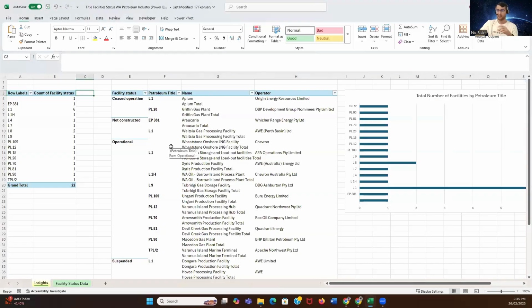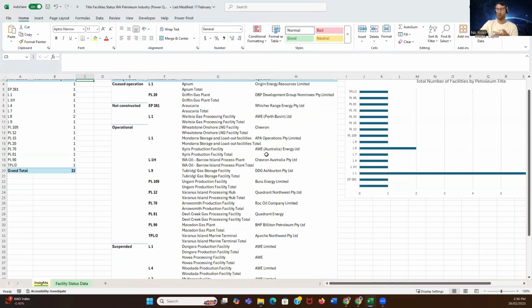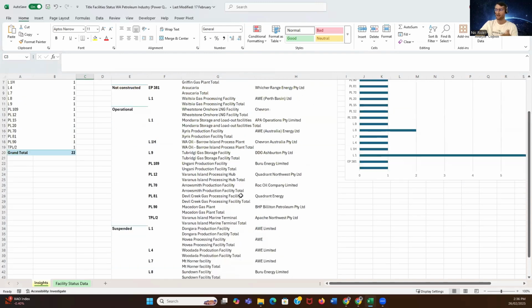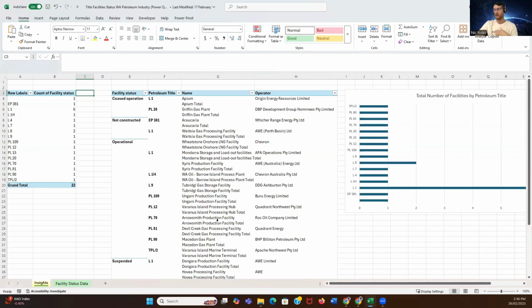So this is the facility status for each lease here. The petroleum tidal is the lease. We can go through here, have a bit of a look, and it tells us the name of the site, who the operator is for the site, and what the status is. So this gives you another competitive advantage because if you're providing, say, electric trucks to the mining industry, for example, or AI automated trucks, you want to know what facilities are operational, what companies are operational, and what sort of projects they've got happening on each lease. You can come in and look through this data and see what's been suspended. You can look into why that was,